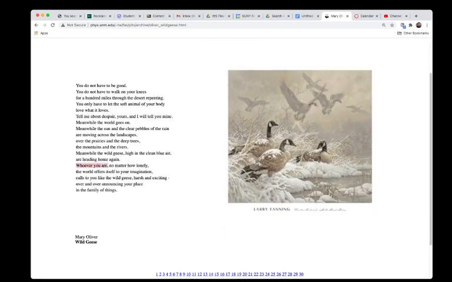Whoever you are, okay, whoever you are, there's you again. So this is the first time that we've gotten you since this break, right? Since here. Yours was the last time we got you. Now we have you again at the end of the poem, okay? Whoever you are, the world offers itself to your imagination.